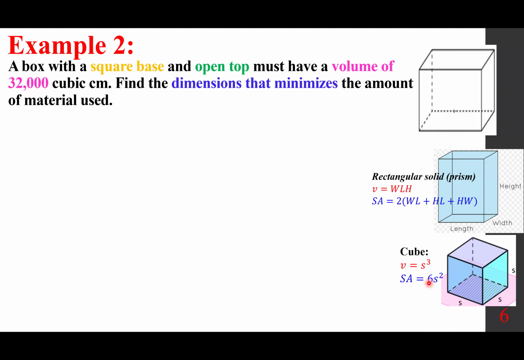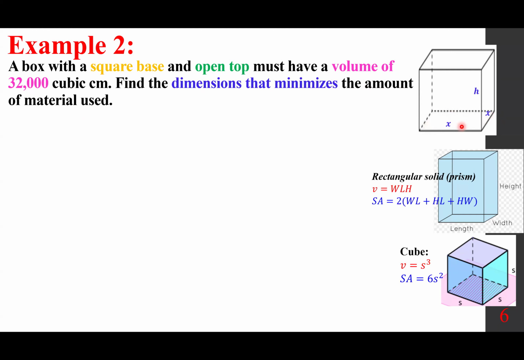In this case, the base is a square, so let's define our variables, x by x by h. x by x because it's a square base. Otherwise, let's say x and y. So you want to be very careful the way you define your variable. So the objective is to have dimensions that will minimize the amount of material. The amount of material, that means gift wrapping. So if you want to gift wrap this,